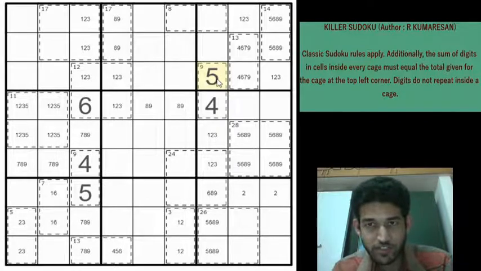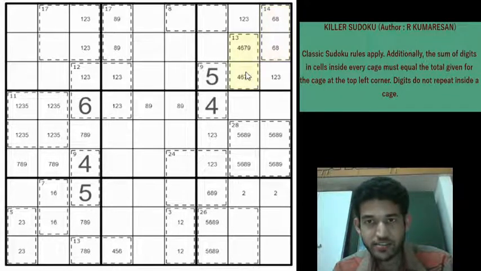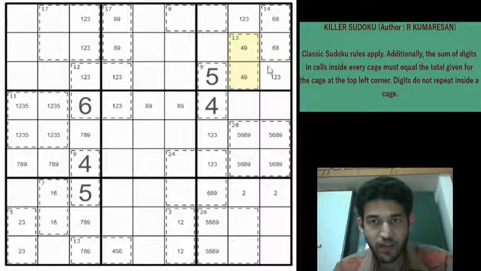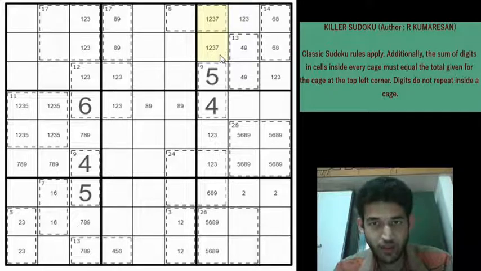And now because of this 5, this is not going to be a 5 or 9, this is going to be a 6 and 8. Right? And this is not going to be a 6 and 7, now it is going to be a 4 and 9, right? Now we have only 2, 4, 5, 9, 6 and 8 have been locked. Remaining possibilities are 1, 2, 3 and 7, which will go here, right?